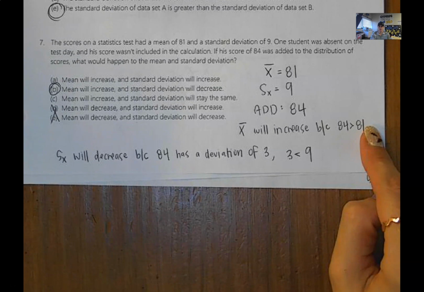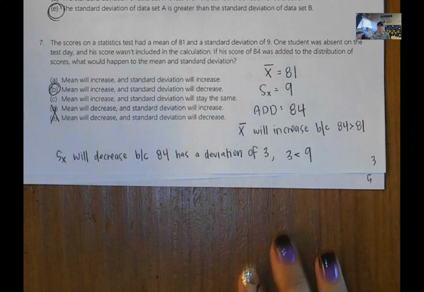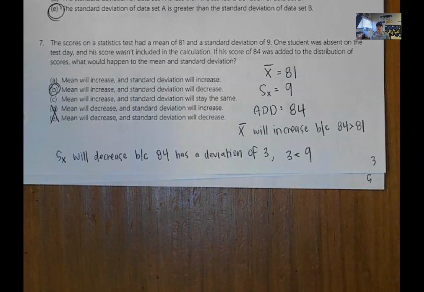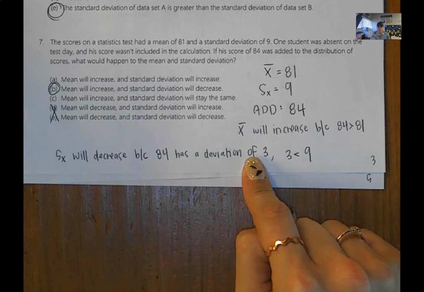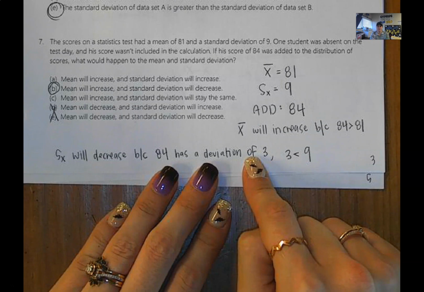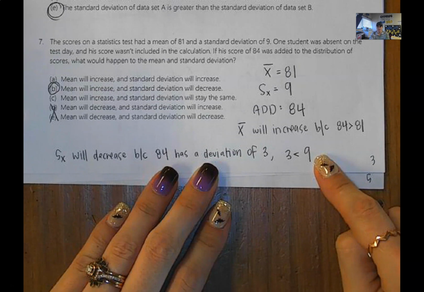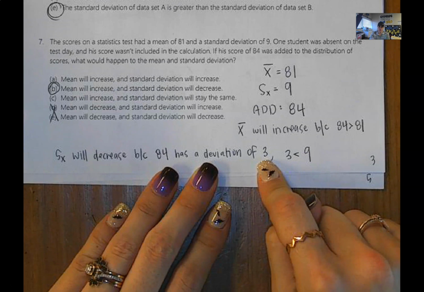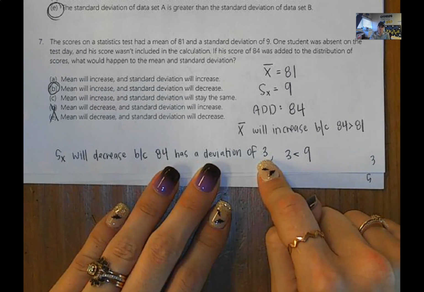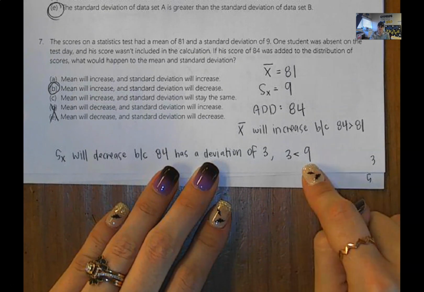Standard deviation, though, will decrease because the current standard deviation is 9 points away from the mean. But you are adding a data value that is only 3 away from the mean. So the value that you added is only 3 away when the average is 9 away. So standard deviation will decrease because the observation you added is closer to the mean than the current